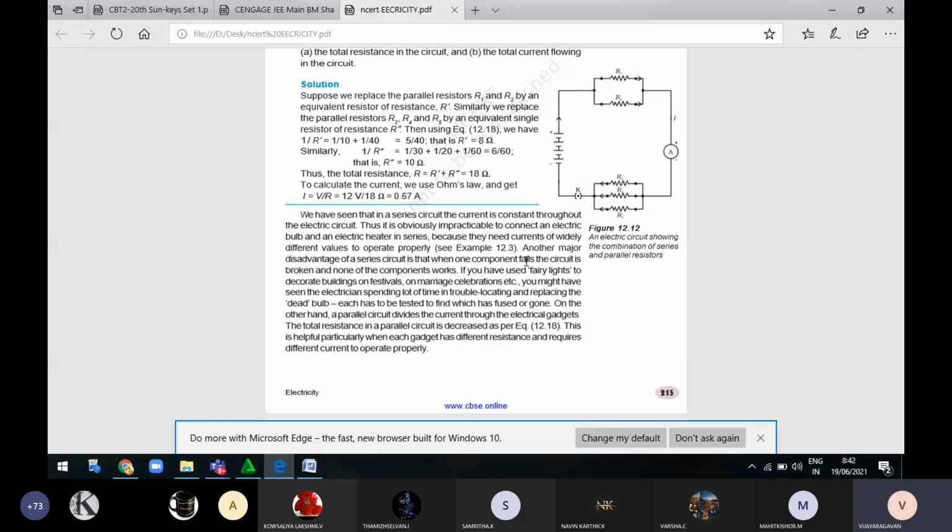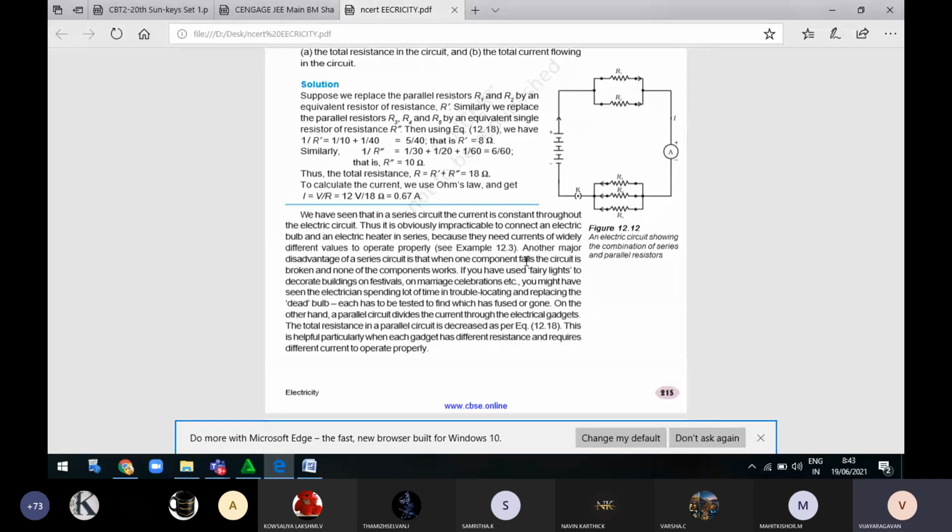In the series circuit, if any one part is detached, or the current is cut, or gets damaged, there will be no passage of current. The flow of current will be stopped in the circuit. But in the case of parallel, if any one device gets cut or current is not passed, current will flow through the other two or three resistors, apparatus or gadgets. So this is the difference between the series and the parallel connections.